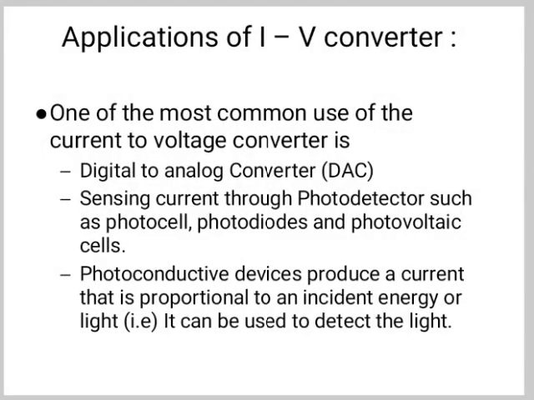V0 is equal to I RF, and this equation is used to calculate the current I, as I is equal to V0 by RF, and the current flowing through the photoresistor is V by RP. So RP is equal to V by I and we can calculate the photoresistor RP. Next is current scalar and current. So these are the applications.